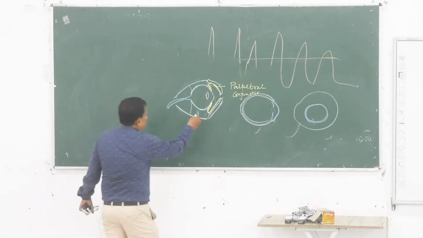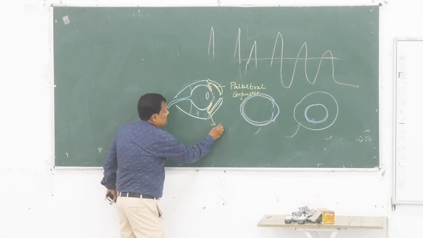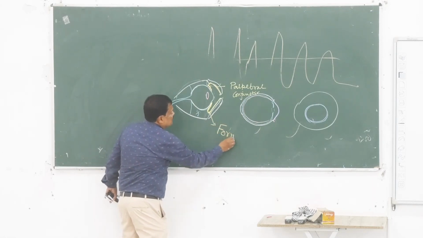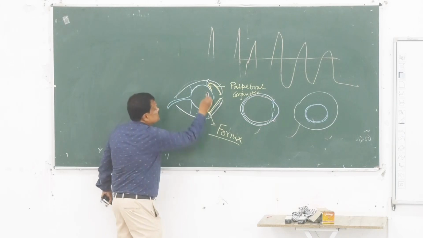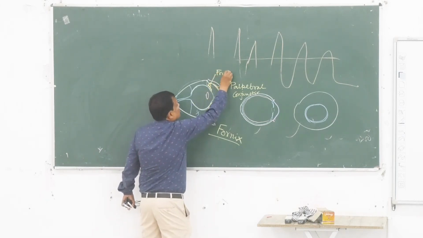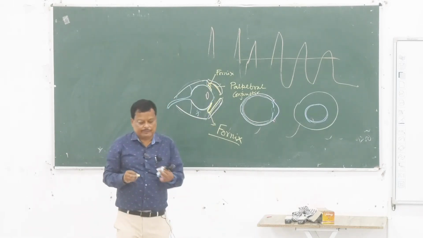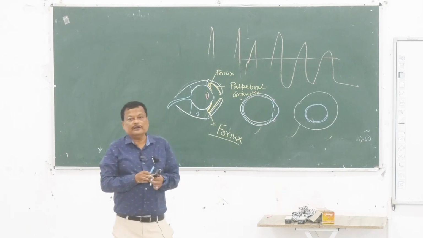And this angle between the bulbar and palpebral conjunctiva is known as the fornix. প্লুরাল ফর্নিসেস। এই অ্যাঙ্গেলটাকে বলি আমরা ফর্নিক্স, কাজে লাগবে, পরে আর রিপিট করব না।